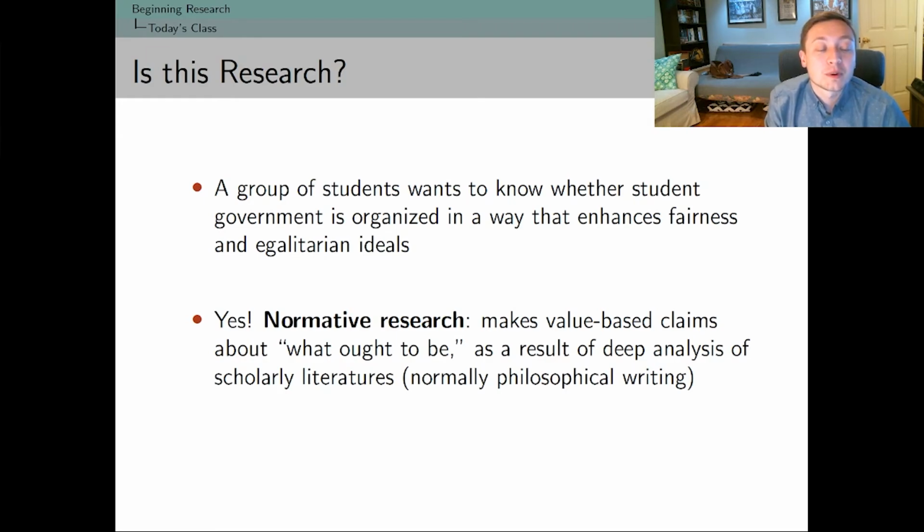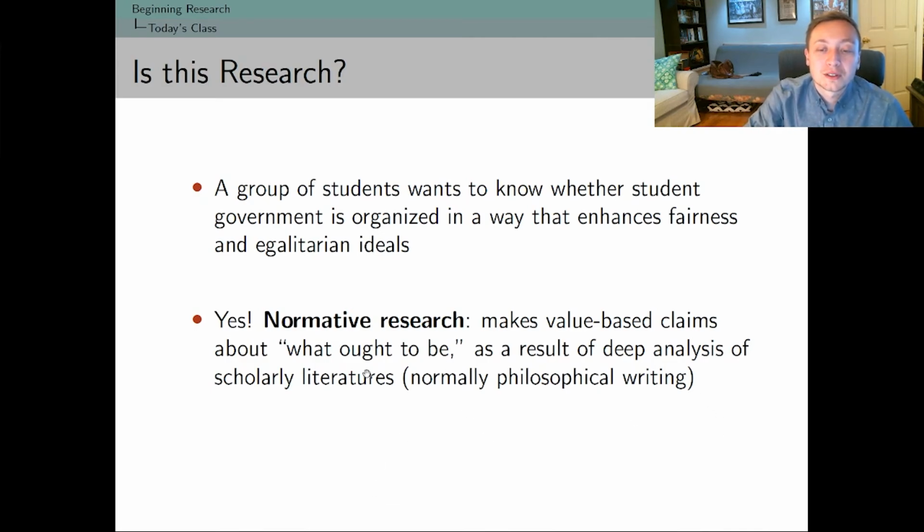Because it is what we might call normative, in that it makes value claims about what ought to be. And so usually normative research is going to be a lot more philosophical in nature. It's going to make claims about things that are much more difficult for us to arrive at non-contested definitions of certain concepts. It's something where it's more about engaging in research that seeks to ask and answer questions for which there's no single definitional